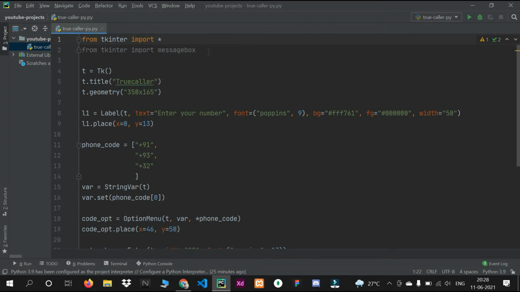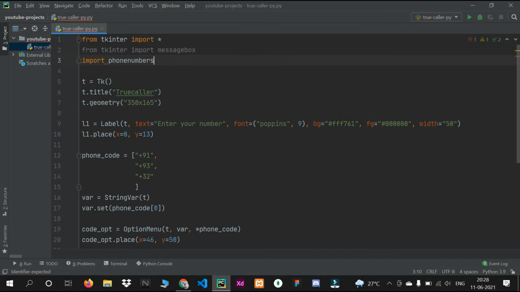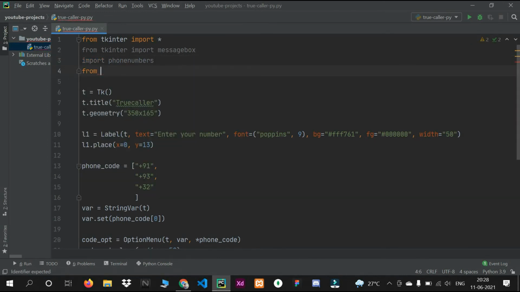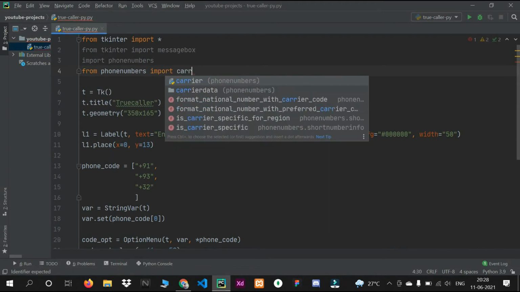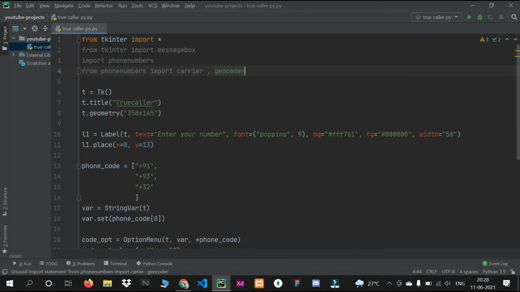Import phonenumbers, and then from phonenumbers import carrier and geocoder. It will give the geolocation of that number. So the next step is to create that function.